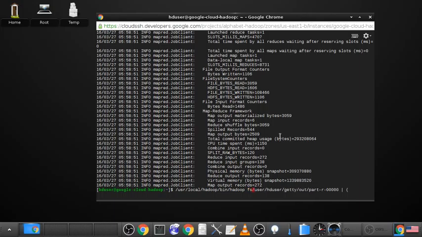FS. So user local Hadoop bin Hadoop. As we can see right here, user local bin Hadoop. So I'm executing the Hadoop binary and the FS with argument, which is its file system. I'm giving it the cat command, so telling it to run the cat on the Hadoop file system, and then it's going to cat what is in the user /HD user /Getty /out /part-R 1 2 3 4 5, okay, zeros,